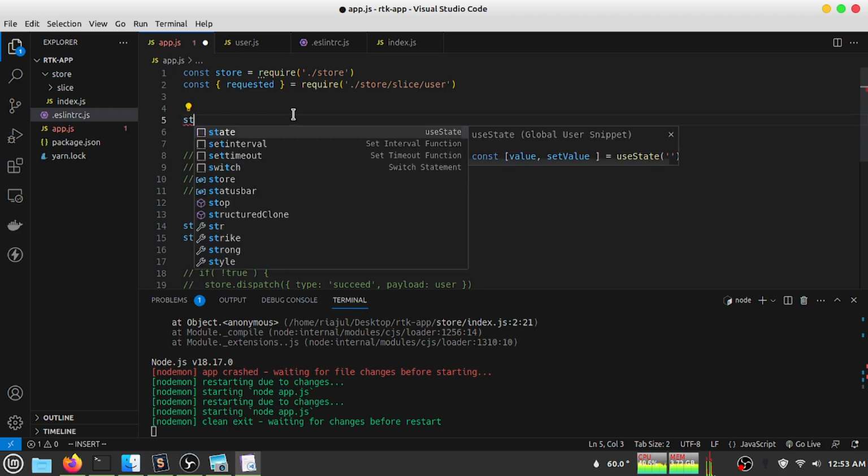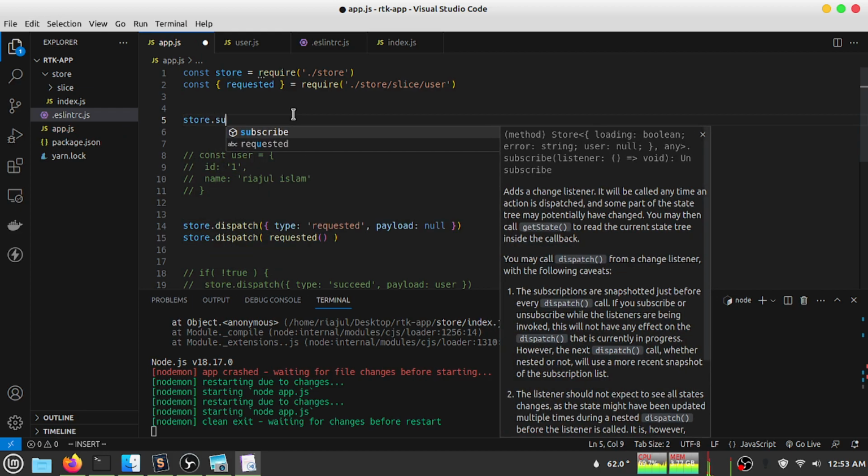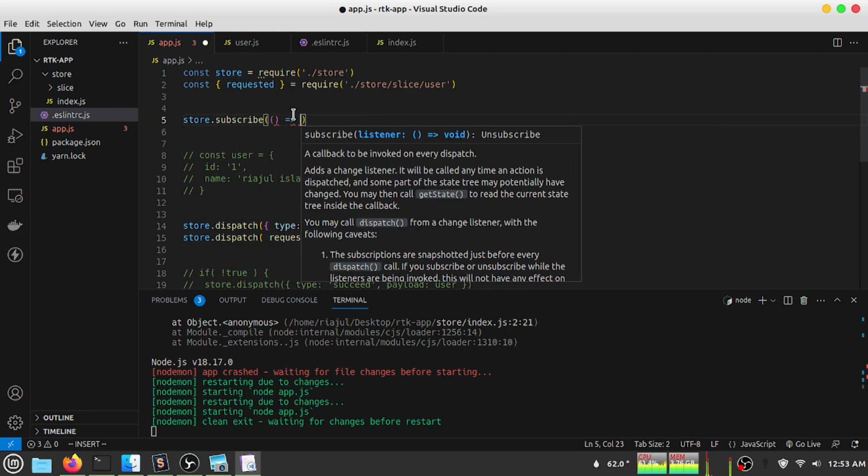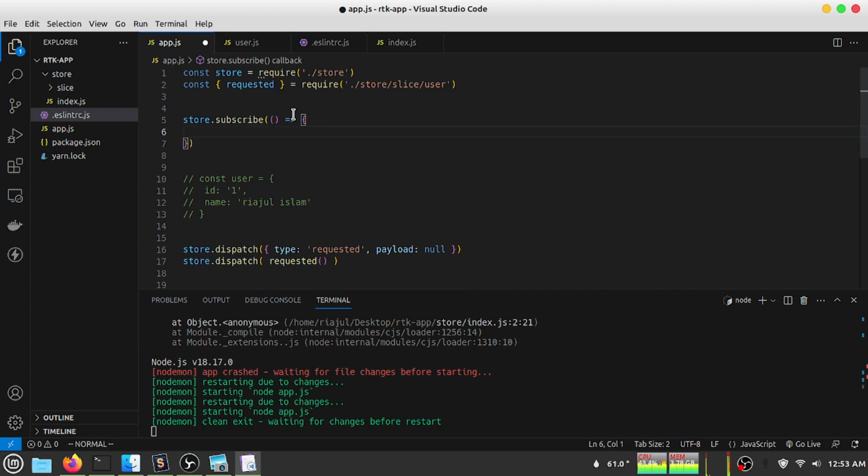So store dot subscribe, and it is a function. That means it is an event listener. In a regular event listener we have two things. At first we have the event, like click or data or something, but this is the Redux built-in event listener that always triggers when the Redux store changes. So that is the reason we do not need to pass this first function. We just need to